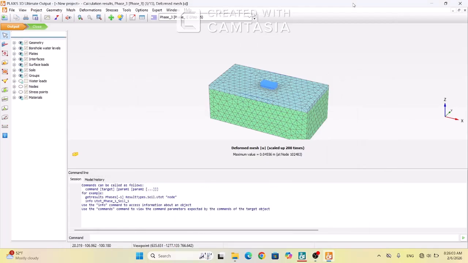Now we are going to have an overview on outputs and the results of the calculation. At first we evaluate the results of the foundation without piles, only the foundation, that is subjected to surface loading of 150 kilopascal. So if you want to see the results, you must go to the output, and for example,